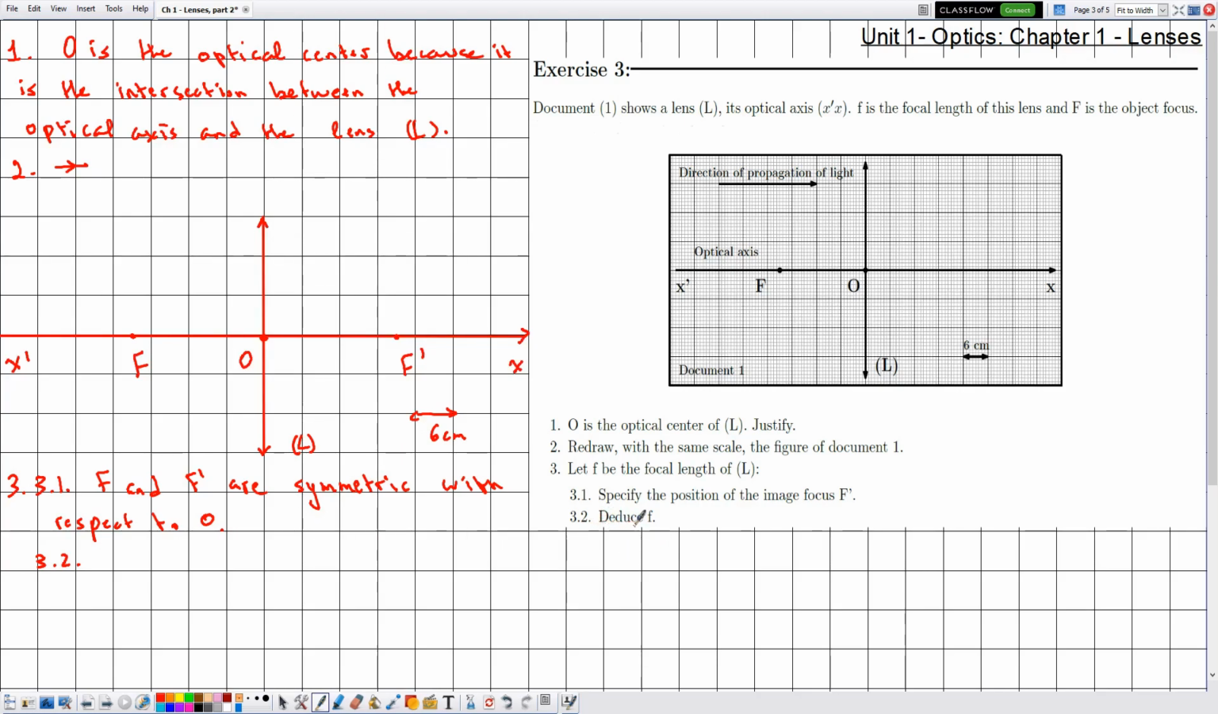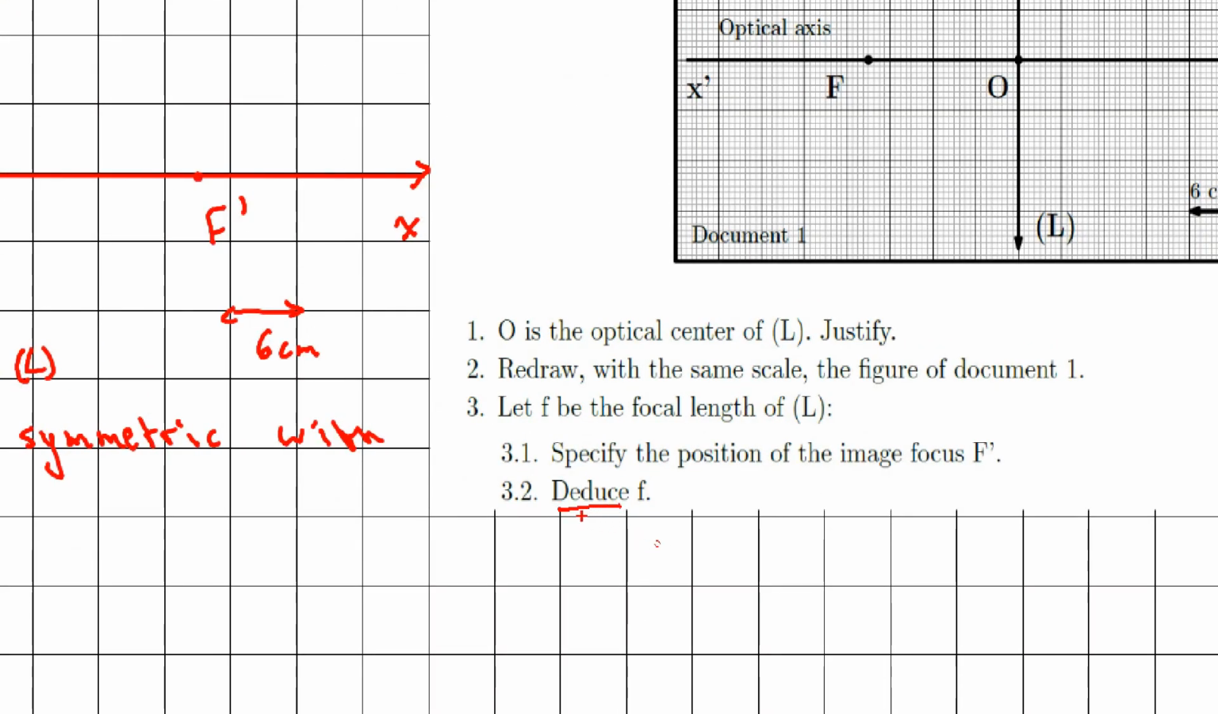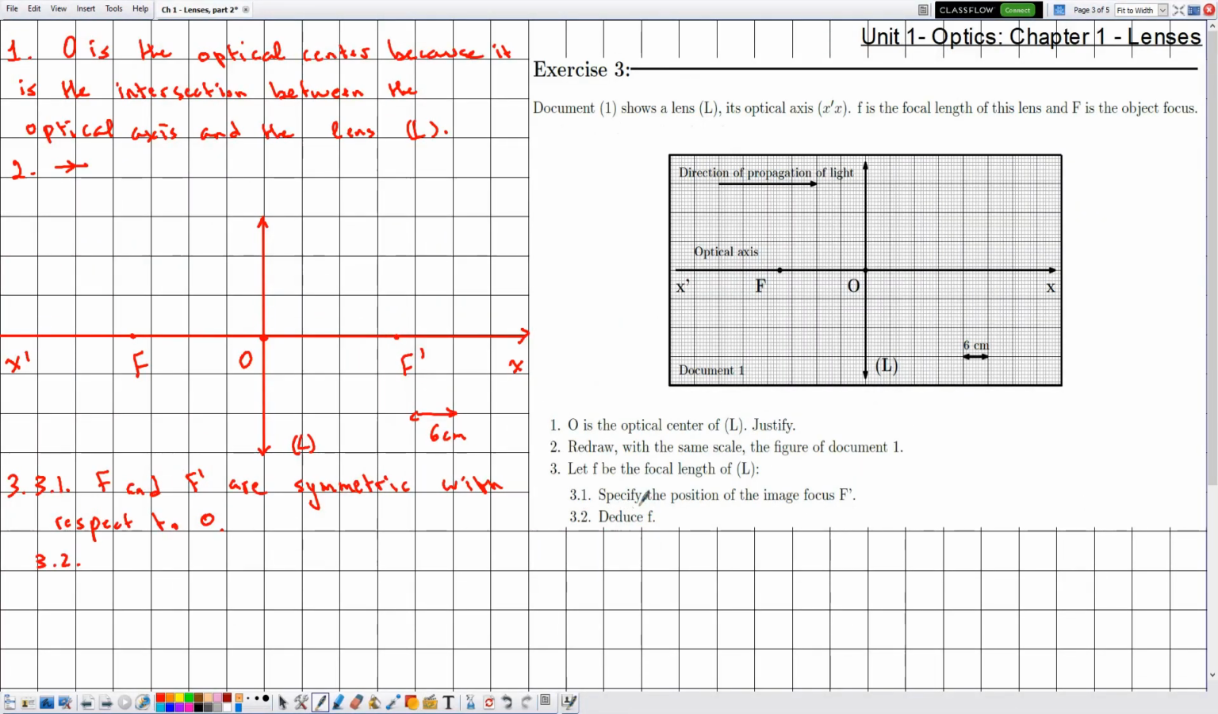Now in 3.2 they are telling me deduce f, and the word deduce means that I need to use the part just previously before. In 3.1 we have determined the position of the image focus F prime, and we already know the position of the optical center. Therefore now we can deduce the focal length graphically by referring to its definition, and which is given by the focal length is the distance from the optical center